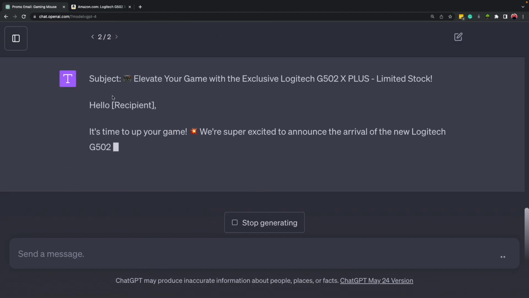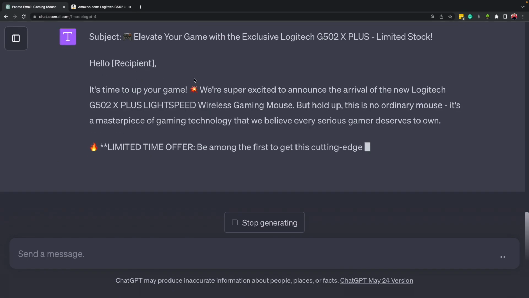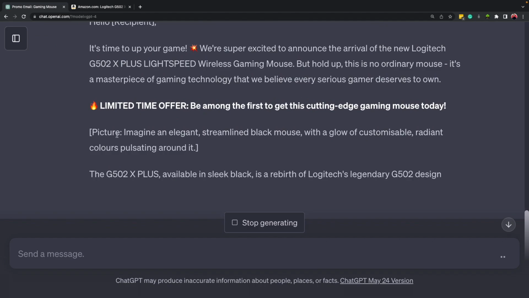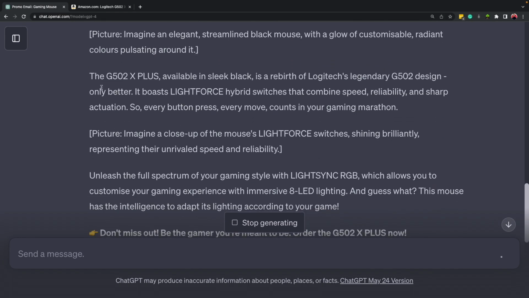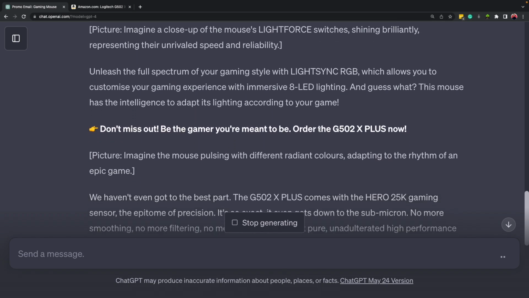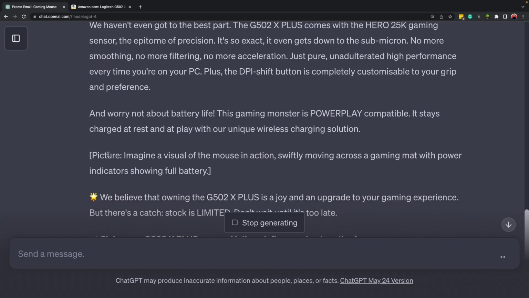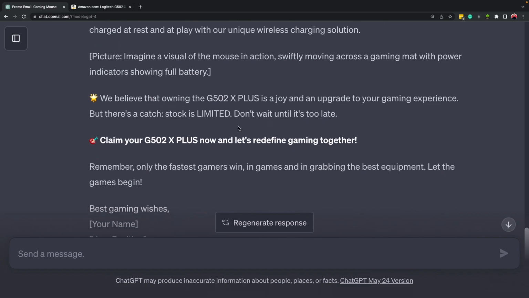So here it is. It even has some emojis inside it, even though I didn't mention that. Right, here's our first call to action, and here we have the picture. You see, picture: imagine an elegant, streamlined black mouse, etc. Then again, we have another text here, another image, another paragraph here. Don't miss call to action, picture, again another paragraph and some more information, image, another text, another call to action,